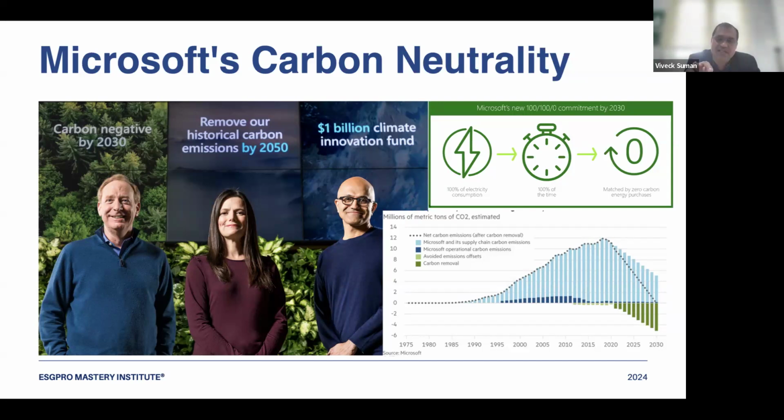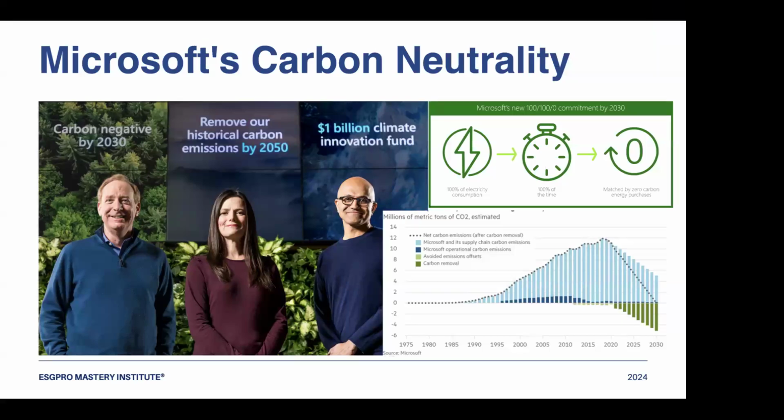Now, if those emissions are happening in your company and you want to compensate, what will you do? You will go into the market and buy carbon credits. And that is what Microsoft is doing. They are offsetting, meaning buying carbon credits to offset their scope 1 or scope 2 emissions, ideally. Is it clear now or do you need a little more clarity?